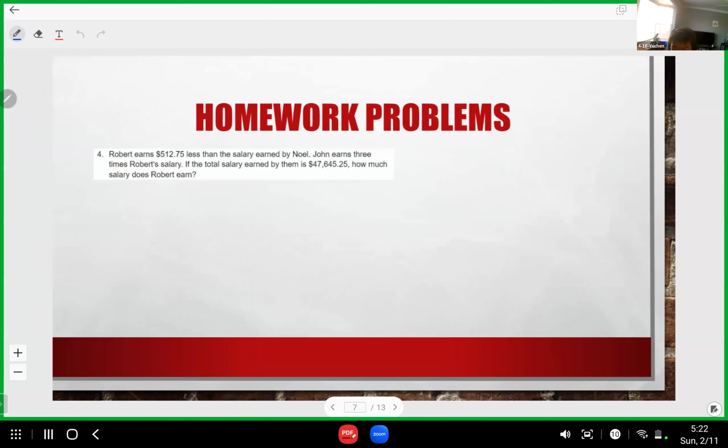I don't think I got it right. But what I know is that I subtracted the salary difference between Robert and Noel from their total salary, then divided by 3. Okay, let's just say